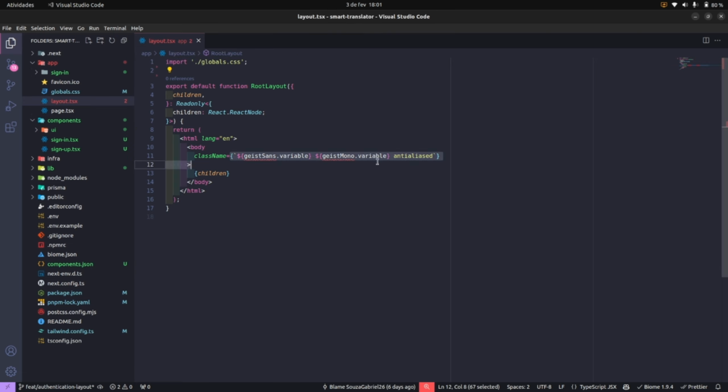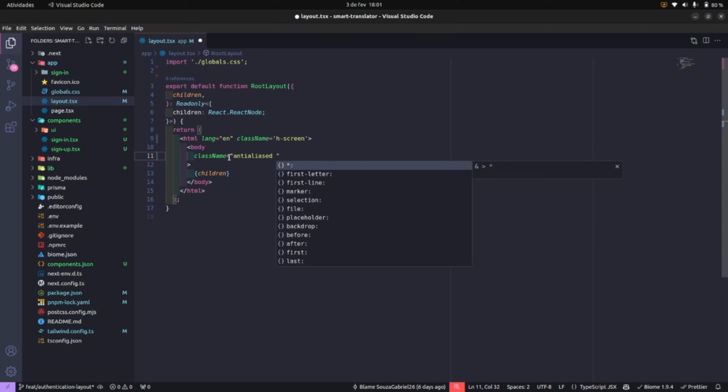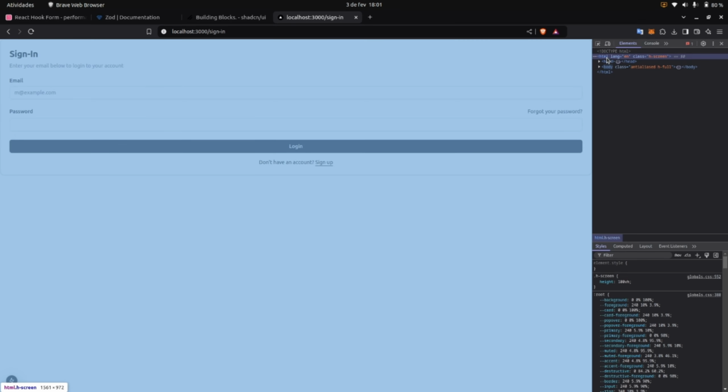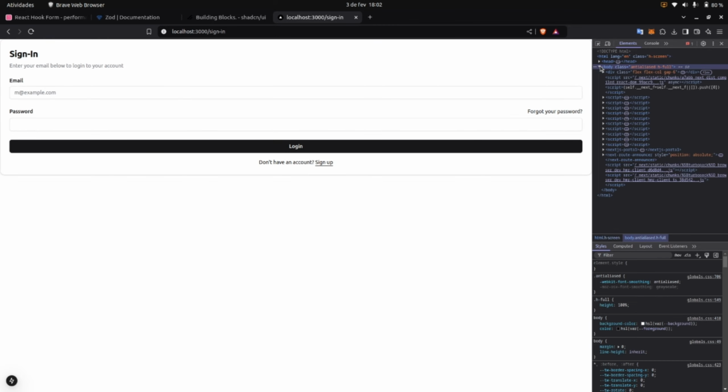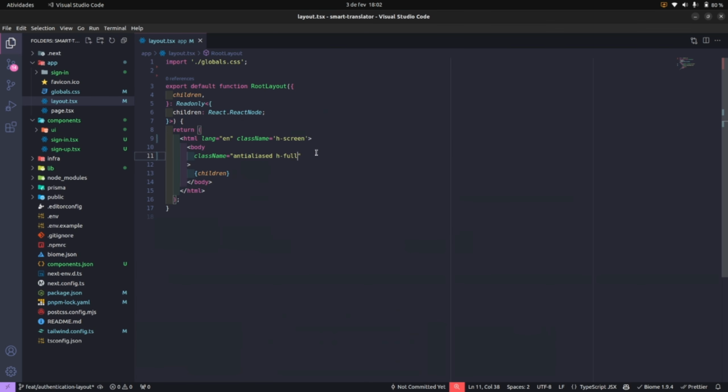I'm just going to keep initialized here in body, and in HTML I'm going to put screen here in body, full. Let's see what we got. Okay, so now we just have to add a full height here, but before